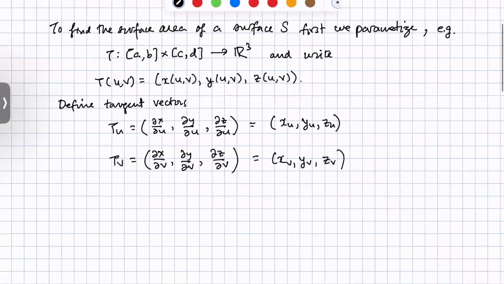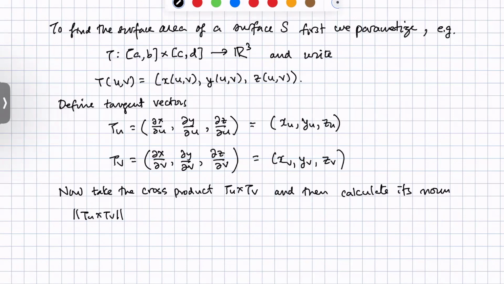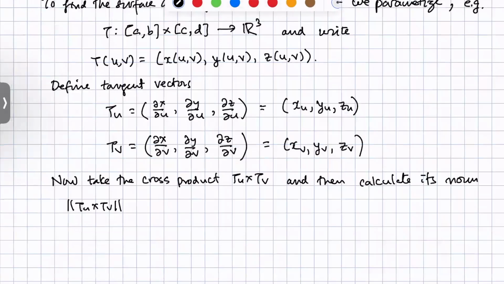partial derivatives. Now what we're going to do is take the cross product, which we'll review in the course of this lecture, Tu cross Tv, and then consider its norm. Calculate the norm of Tu cross Tv. Now, this expression, Tu cross Tv, is a function of u's and v's, and we define the surface area